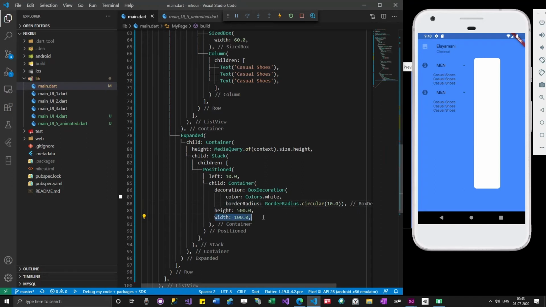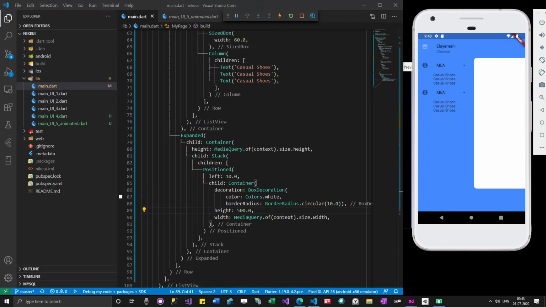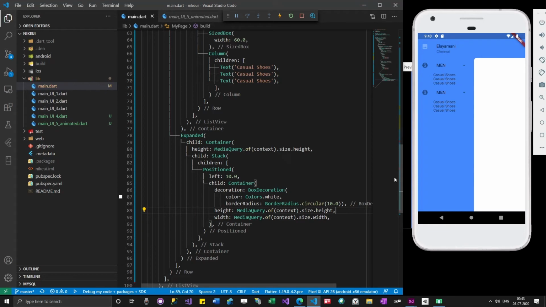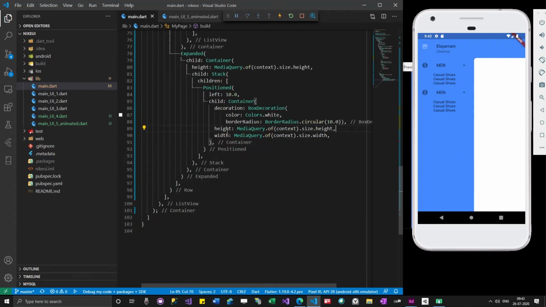Width I will give as screen size. Height also let me give as per the screen size. So you can see the height has gone beyond the screen.